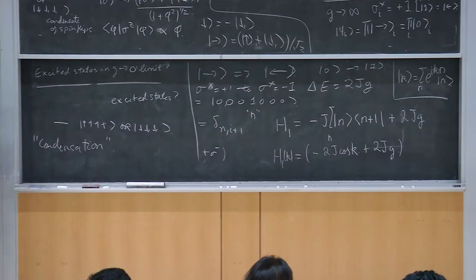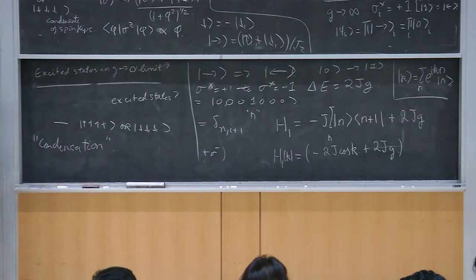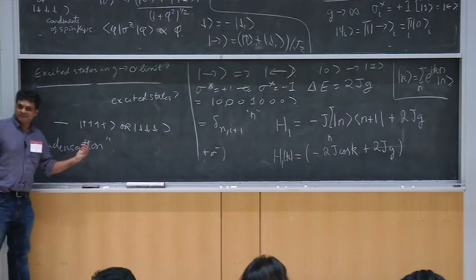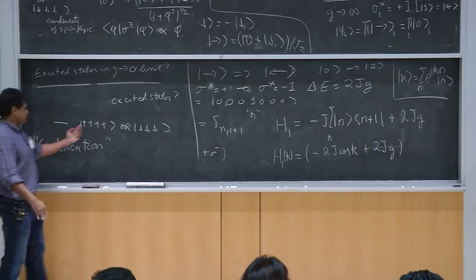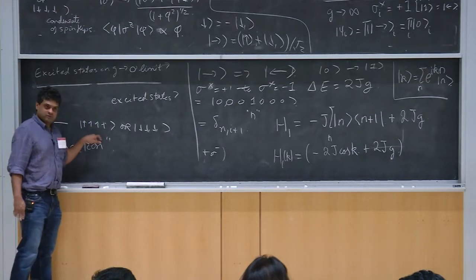Okay, so what is the first excited state for this problem when I have the small g limit where all the spins are either up? Let's say I pick this ground state. Yeah, so unfortunately all of you gave me the right answer. I wanted to hear the wrong answer, which is the spin flip. That's the most natural thing to do, right? You do the same thing that you did before, just go and flip the spin. And that has an energy of 2 times J.